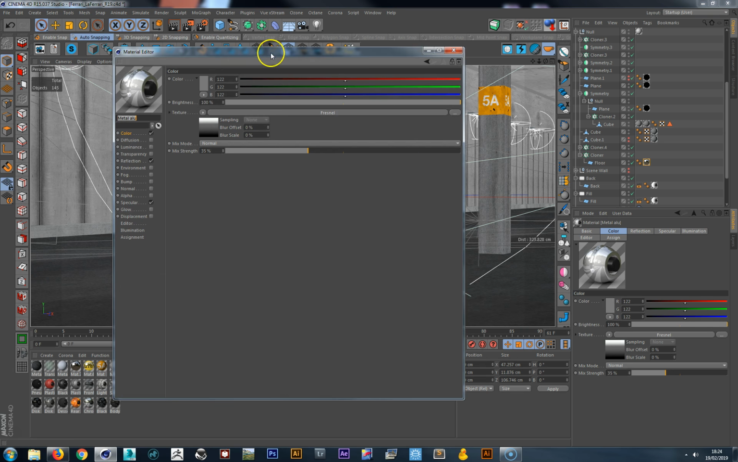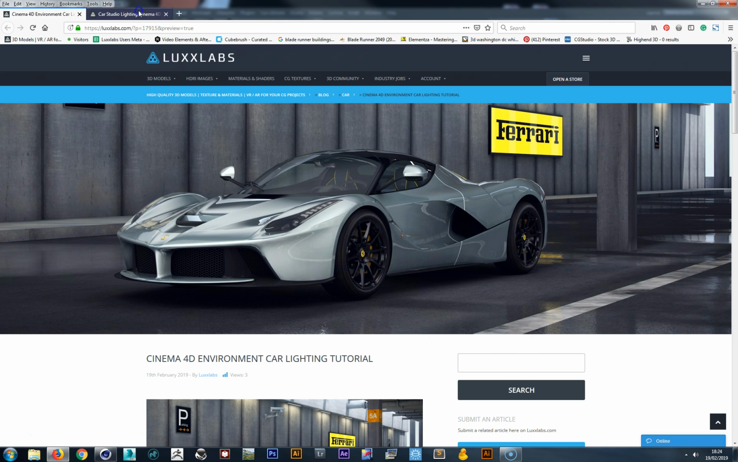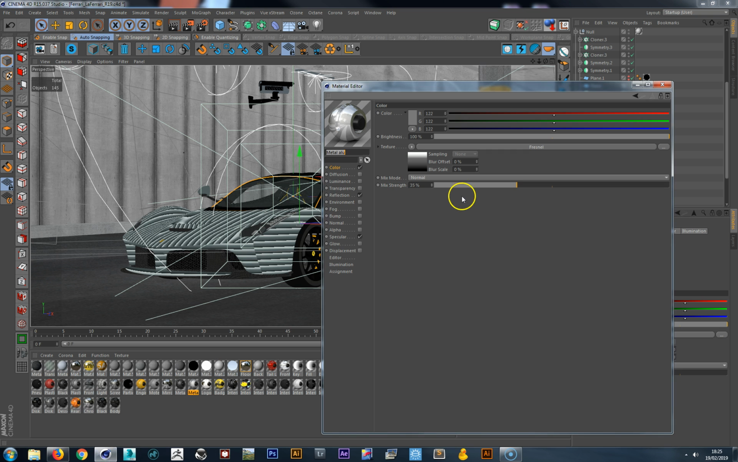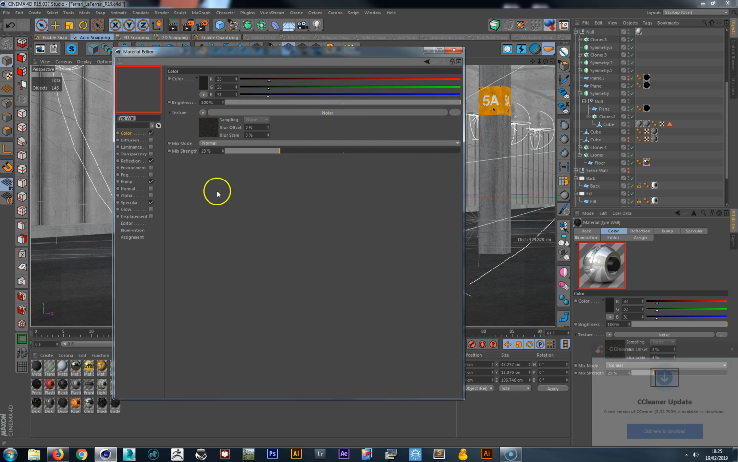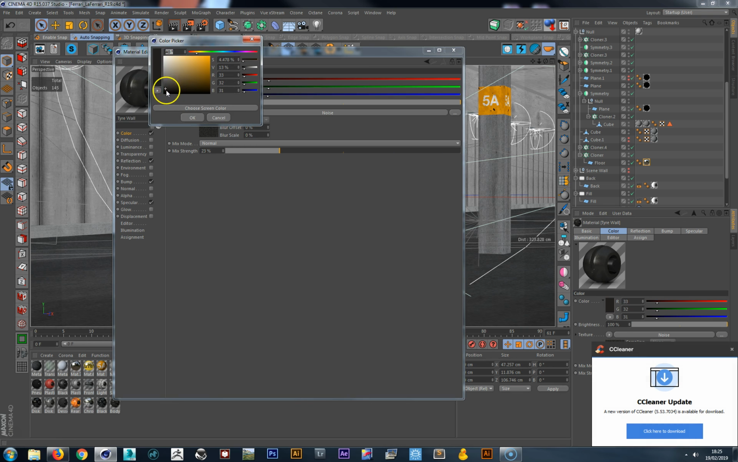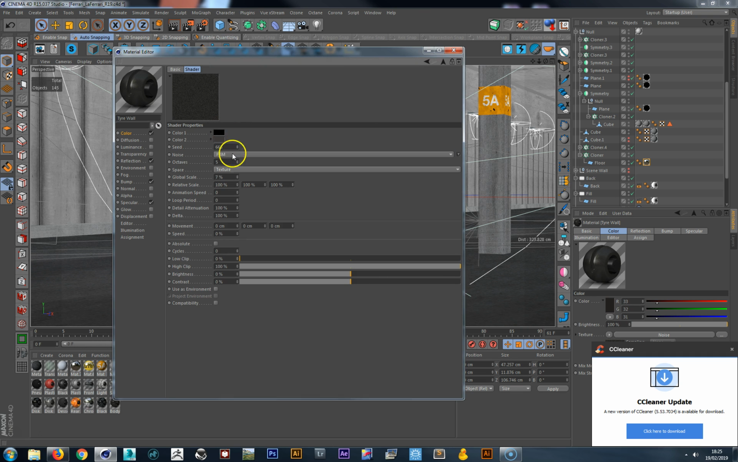Various metallic materials, probably for the exhausts and stuff. Well, actually the wheels. I'll show you the tyre setup. So for the tyres, we've just got this really dark grey colour with some noise, FBM noise, set around 7%,